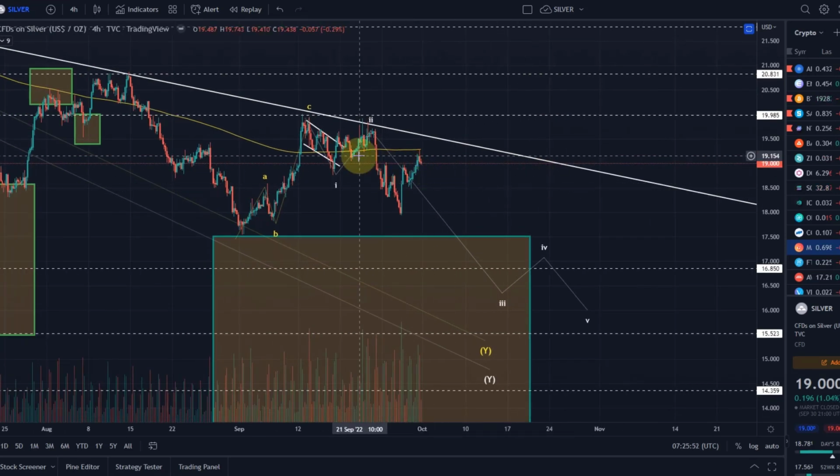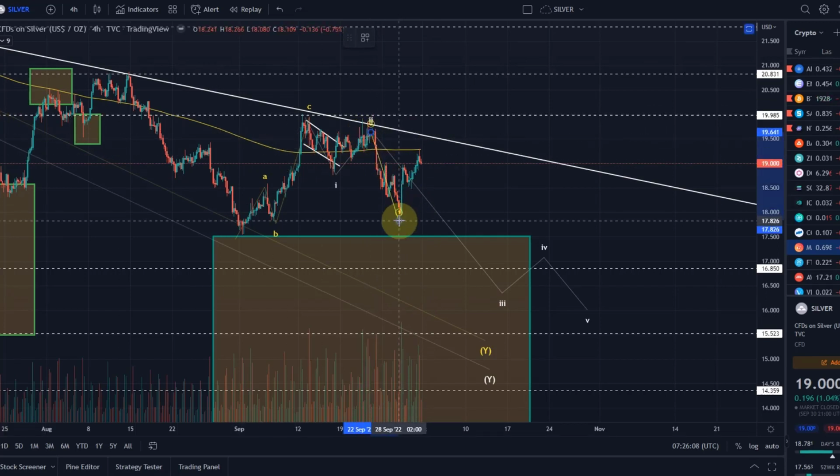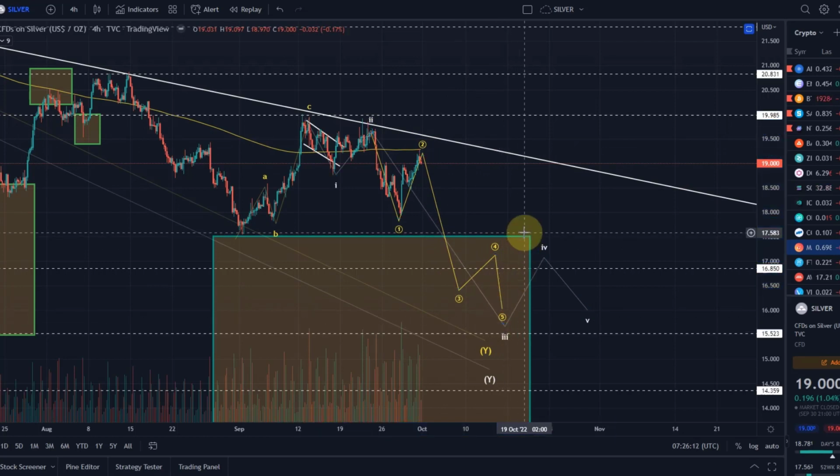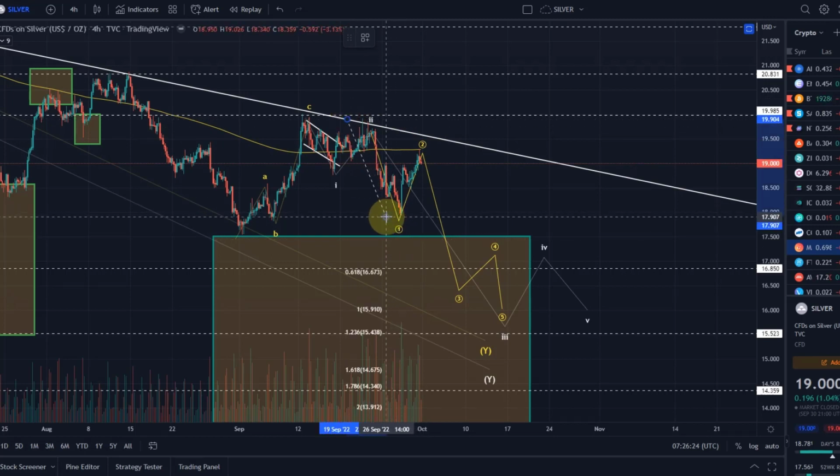On the way down, again as well, it would have to be a 1-2-1-2 setup at the moment, so that we're already in this third wave, because we have come up a bit too much then, yeah? Here in this move up. So I could count this again within the wave 3 as a 1-2, then 3, 4, and 5, so that we come down even lower. I can give you a target for the yellow wave 3 as well. And again, here we should not retrace much more now, because we basically reached near enough the limits of what you should be able to do in this wave 2.